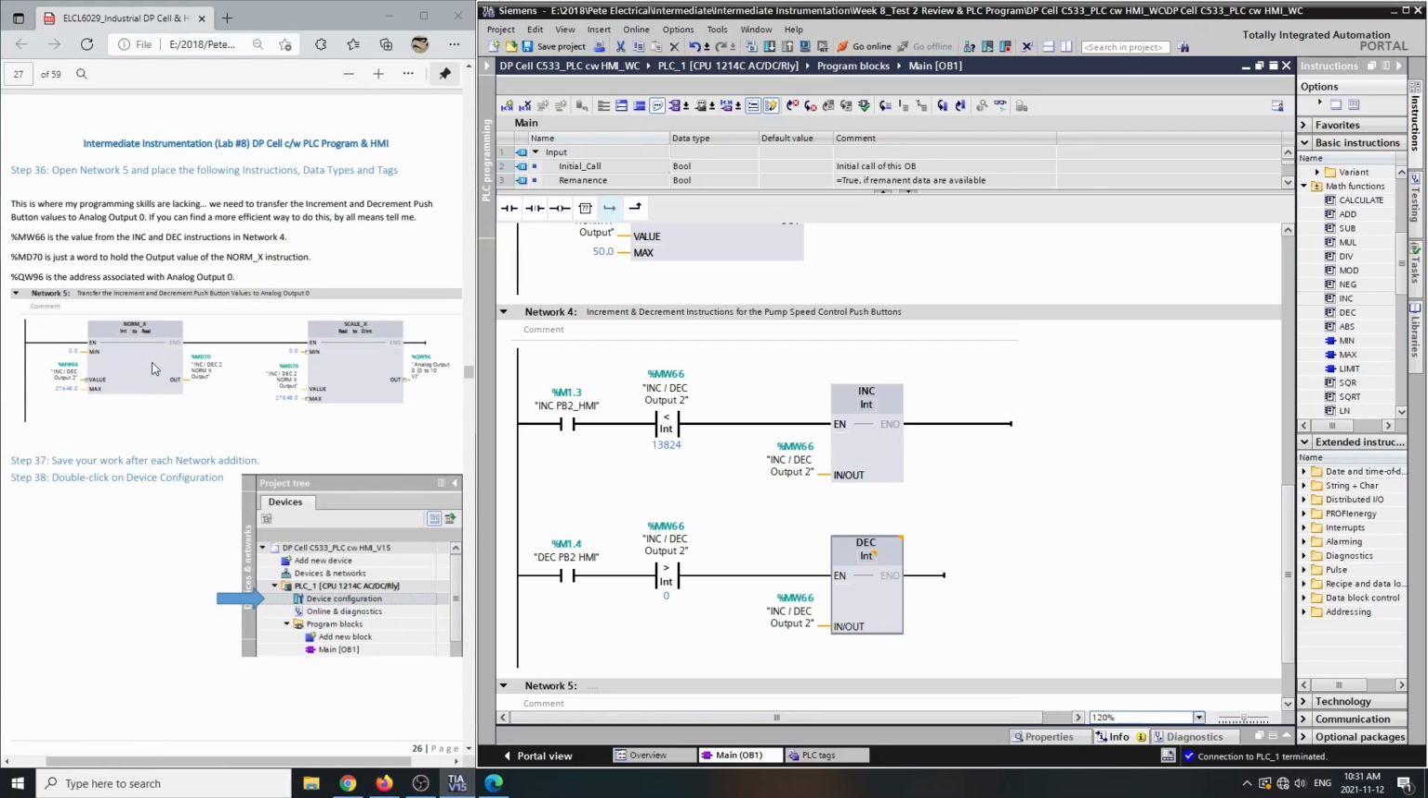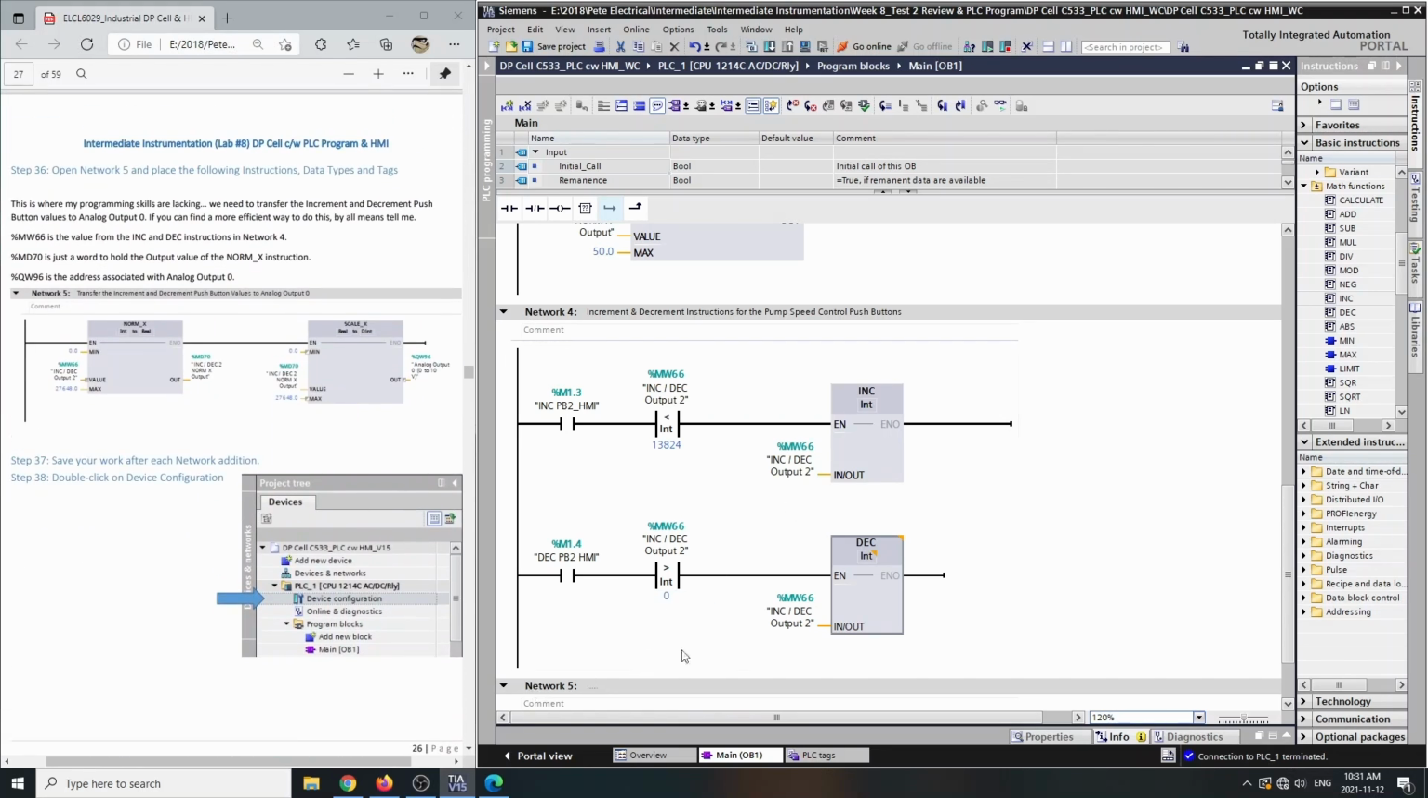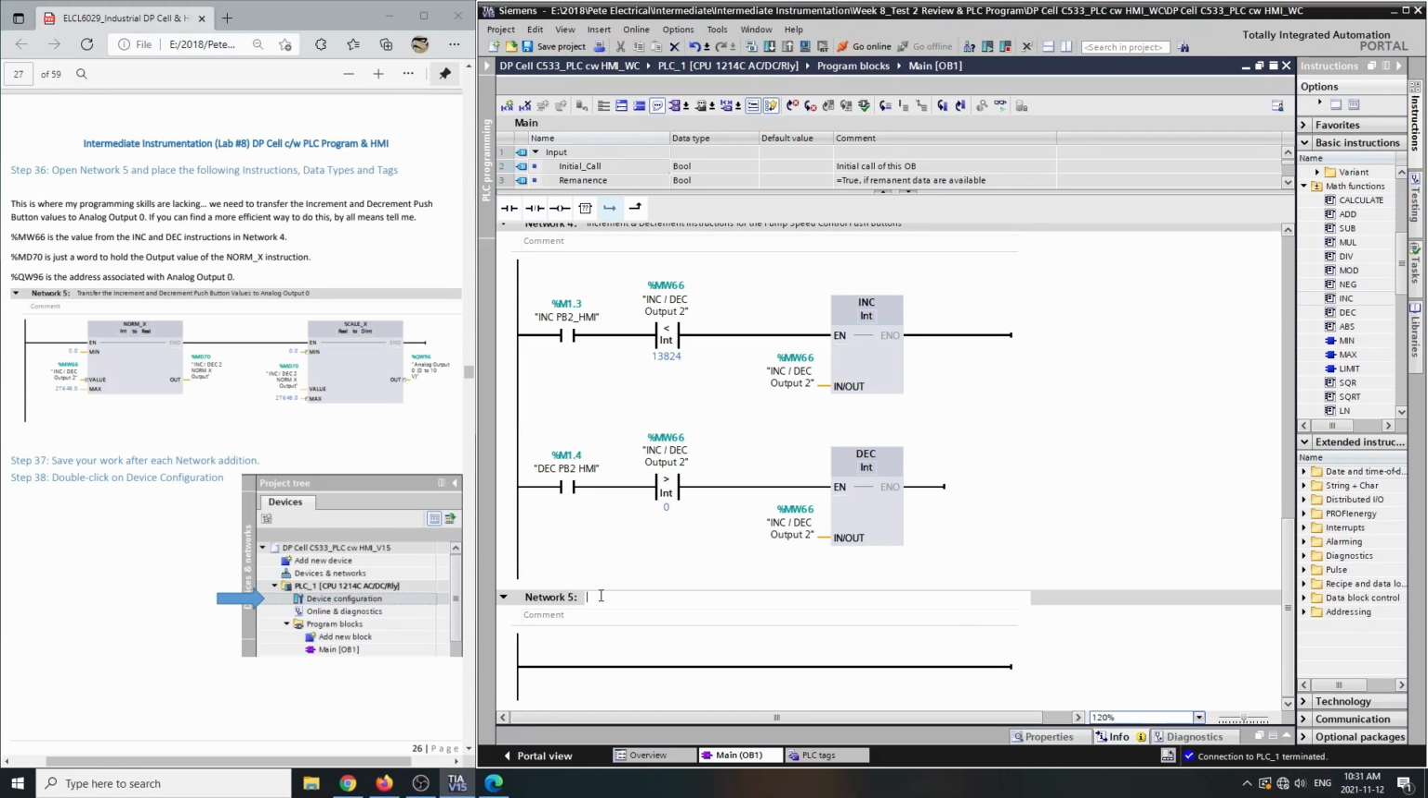Network number 5 is a NORM_X and a SCALE_X. Again, come on, Pete, let's get on the right screen here. Okay, let's go down to network 5. Let's put in the name here for network 5. So this is going to transfer the increment and decrement push button values to analog